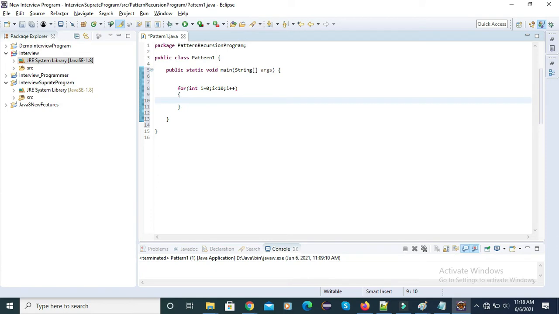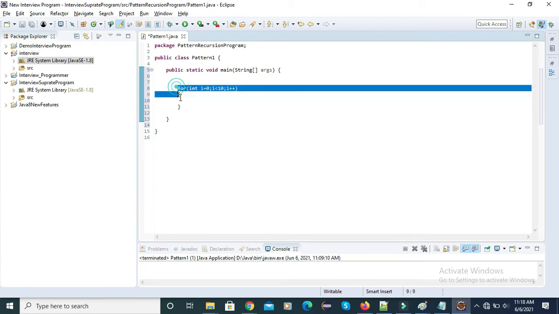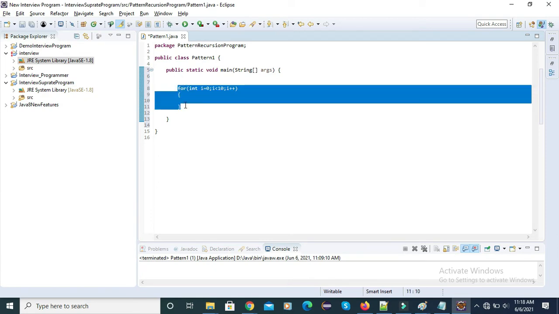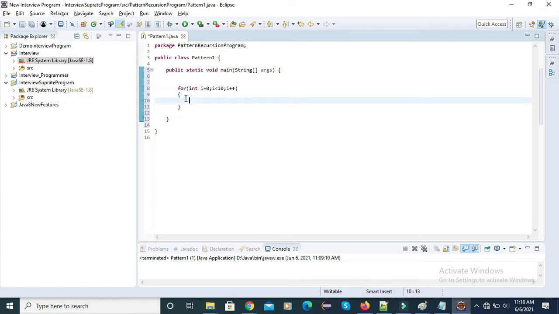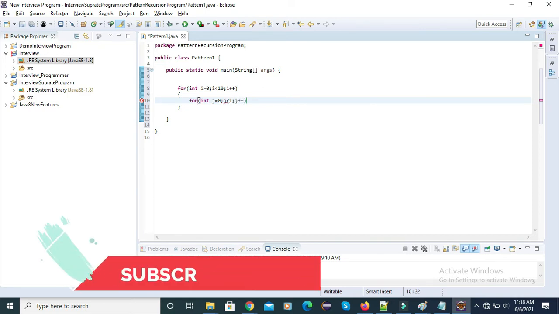This for loop is for the row, and inside a row we have to print columns, the actual stars. This inner for loop is responsible for printing columns. I'll define int j equal to 0, j less than i, and j plus plus.